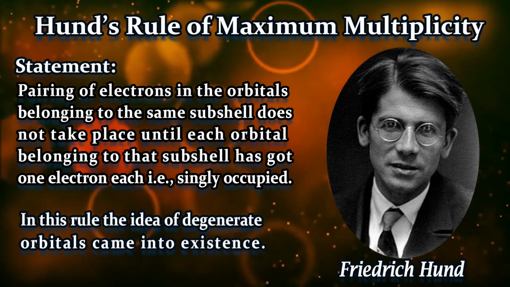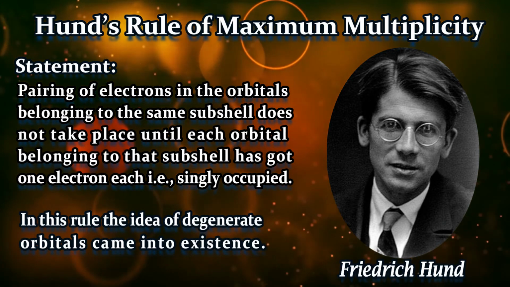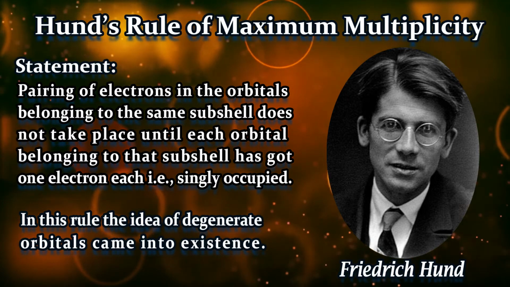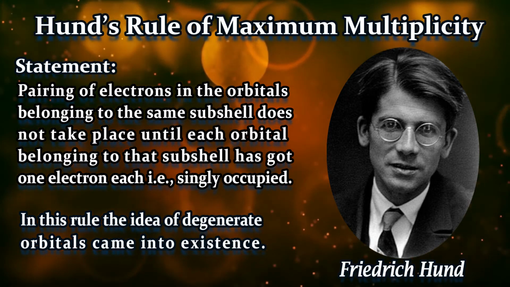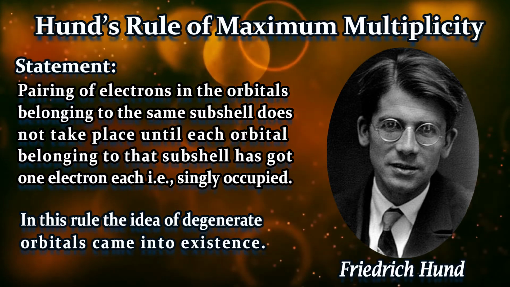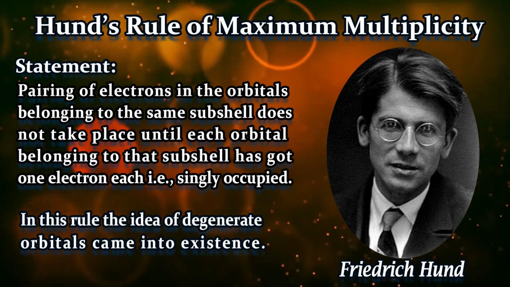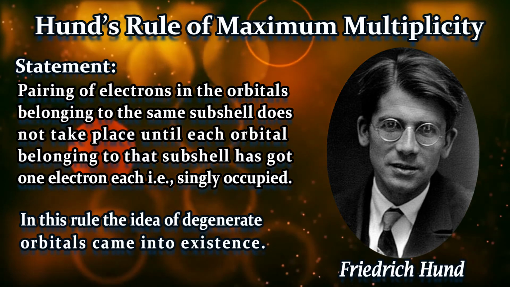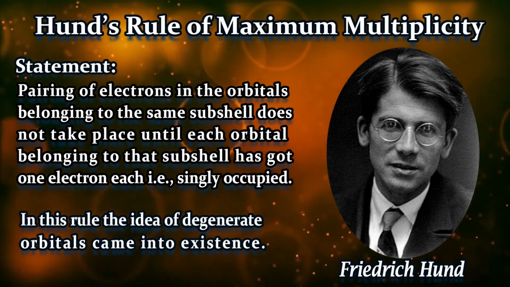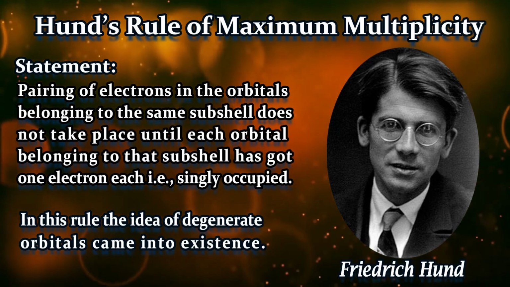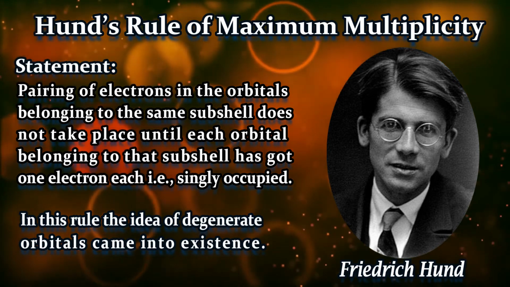So what is appropriate? That Mr. A is getting 1, Mr. B is getting 1, Mr. C is getting 1, right? Now if the number of chapatis is more than the number of persons, then that can be repeated. So I have said that 4 chapatis are there. After 1 is given to A, 1 to B and 1 to C, the 4th one may be given to A or B or C, right? Because all 3 of them are same. All 3 are having same energy.